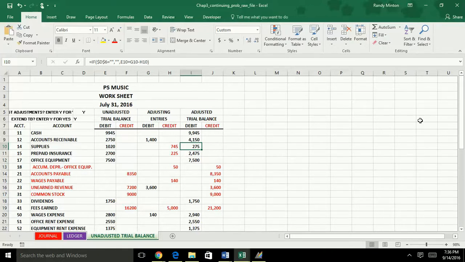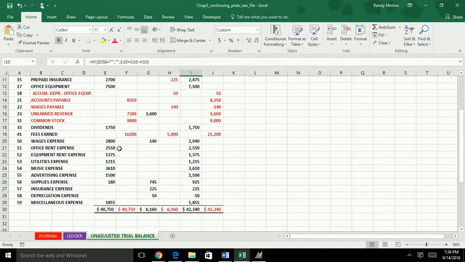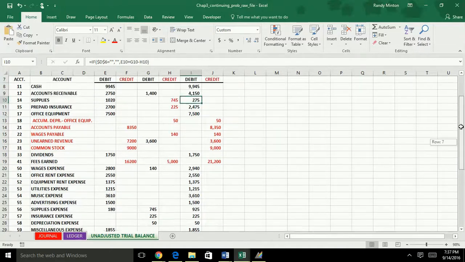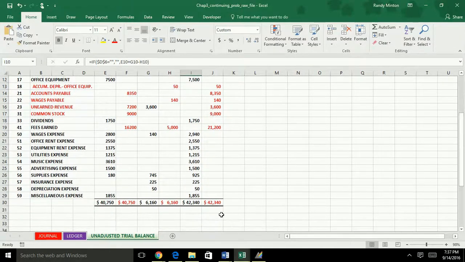So if I look down through here at all of these numbers, I'm simply pulling them across. This was $2,800. I had a $140 debit going to a $2,800 debit, $2,940. All of these just came across. This didn't have any beginning entry, the 225 and the 50, so when I put them in as an adjustment, I just added them over here as well. So this is simply just adding likes and subtracting unlikes, as we always do, and I came up with